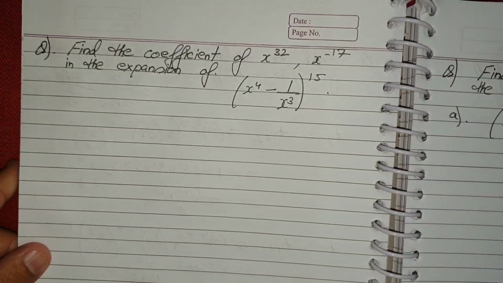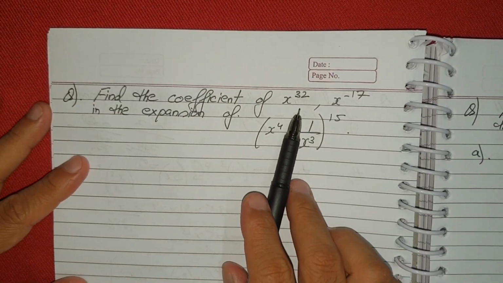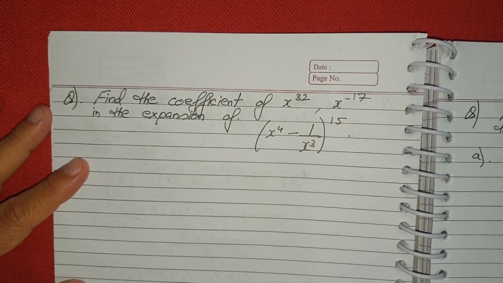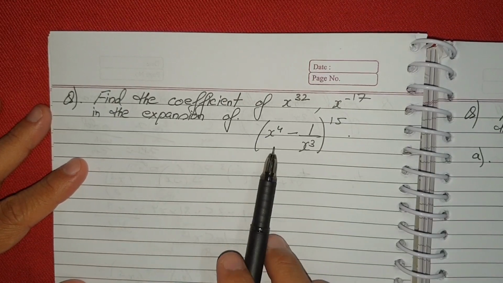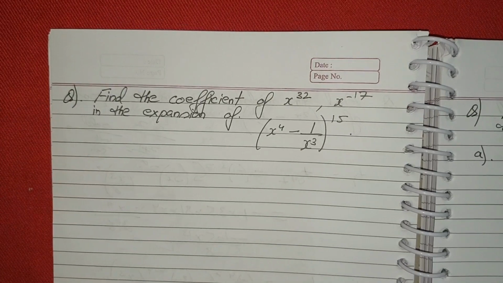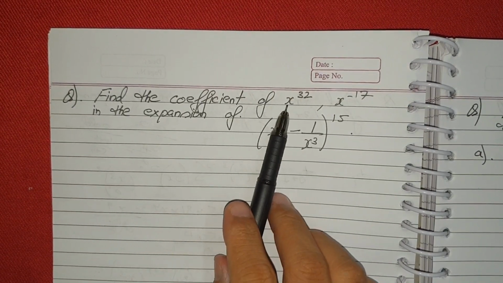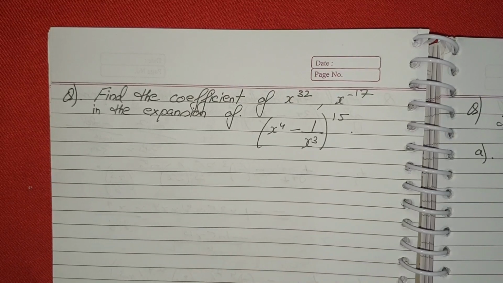Moving on to the next example. Find the coefficient of x to the power 32 and x to the power minus 17 in the expansion of x to the power 4 minus 1 by x cube to the power 15. Now, see, we have to find the coefficient of x to the power 32. So, first of all, what we will do, we will